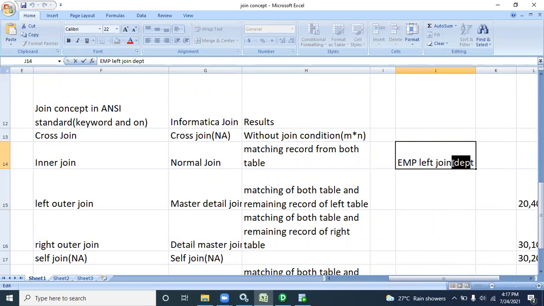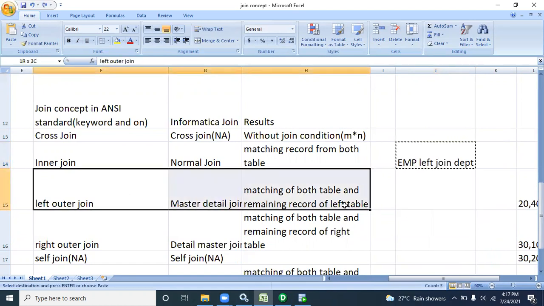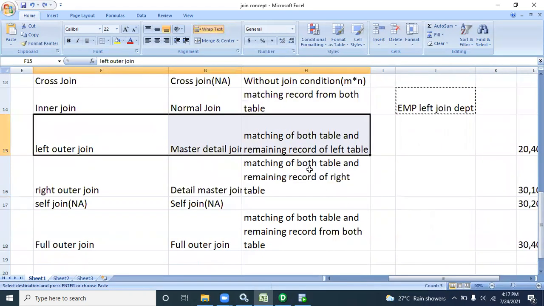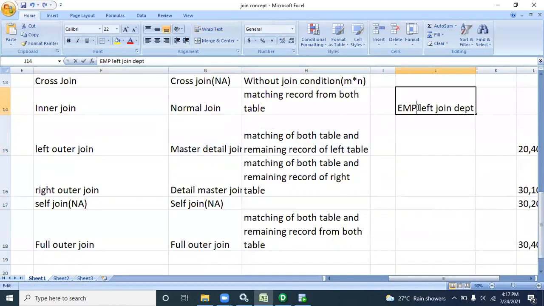In the same manner, Informatica treats one table as a master and the second table as a detail. Based on requirement, you have to give the preference. Suppose in a left outer join you have EMP and DEPT, you will get matching records from both tables and remaining records from the left table. That means the EMP table, right?